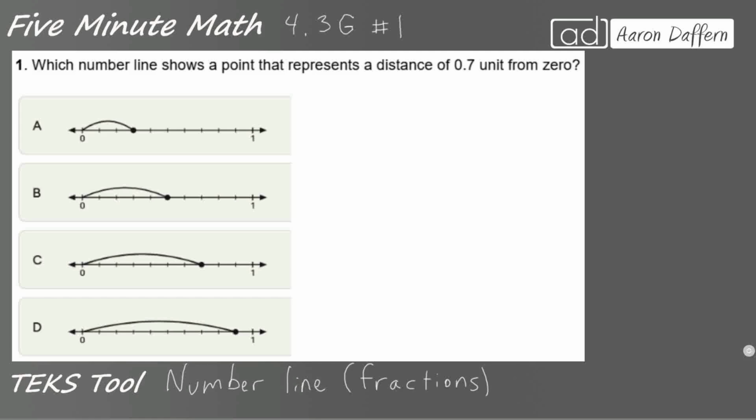So we need to find a number line that shows a point that represents 0.7. One thing we can do is rename this 0.7 as a fraction, and that's going to help us here. If we look at it on a place value chart, we've got a 0, a point, and a 7. And so that 0.7 is going to land in two different spots. I'm going to draw a line right here on that decimal, and we're going to write two different place